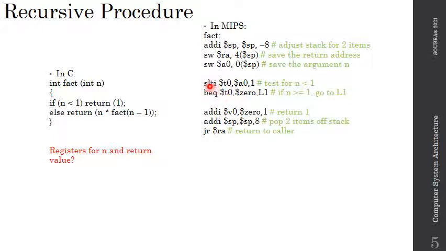Right, so let's see. If the branching is not happening, so I've tested that, I'm not jumping to the label L1 here, I'm going to continue. So this means that I'm in this case here, so I should return 1. What's the easiest way to do that? Well, I'm going to add 1 to register 0, which always has the value 0, hardwired, right? So 1 plus 0 and put it in V0. Fair enough? And all I have to do now is to readjust